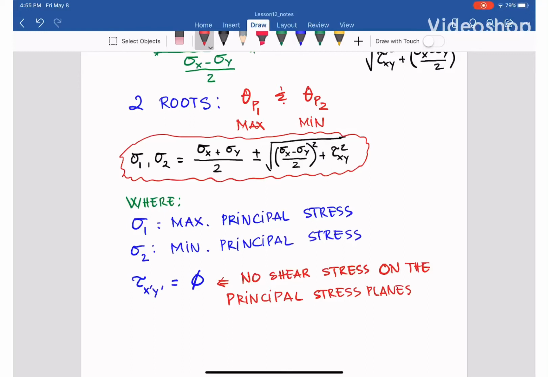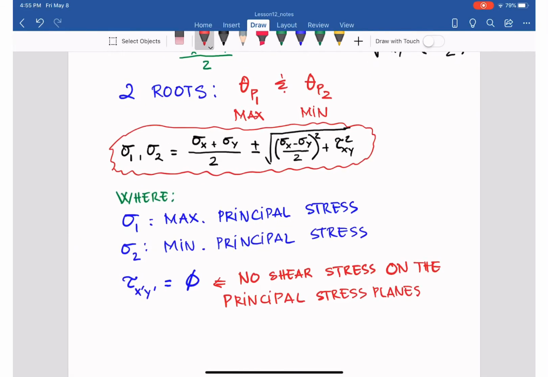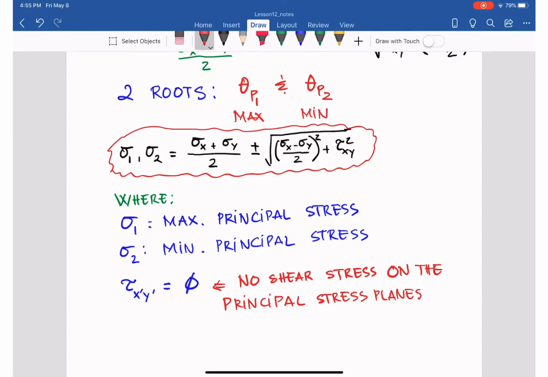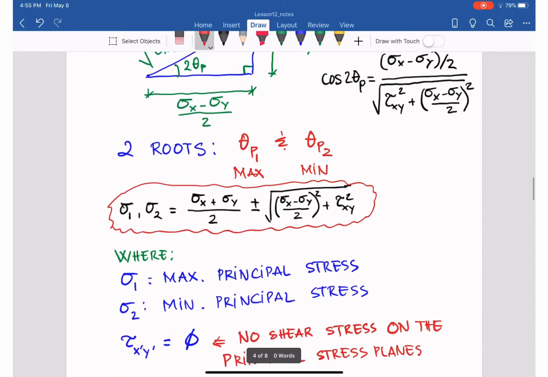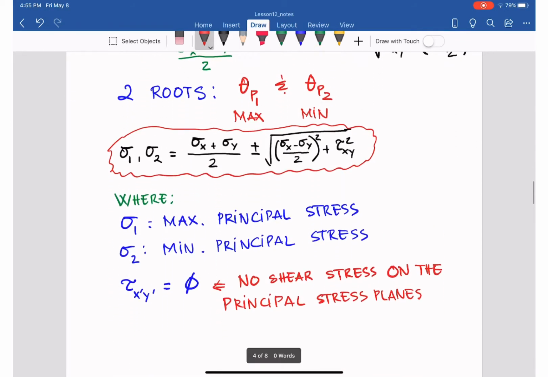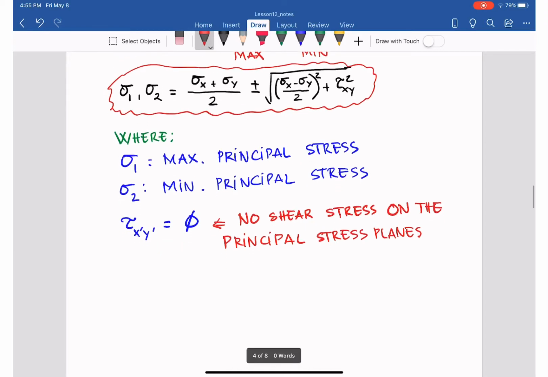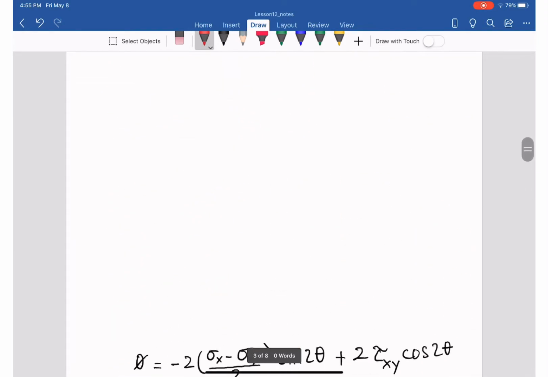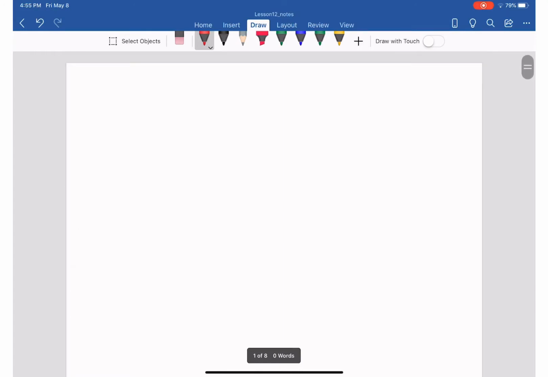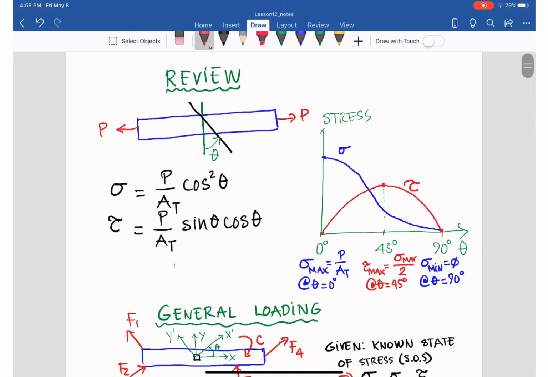By now, we know how to determine the principal stresses, and the location of the principal stress is determined by 2 roots, theta P1 and theta P2, with the equation we already have, and also the sigma 1, sigma 2 equations. And at that principal stress plane, the shear stress tau equals 0. And now, if you remember, we have tau max equal to half of sigma max, as you can see